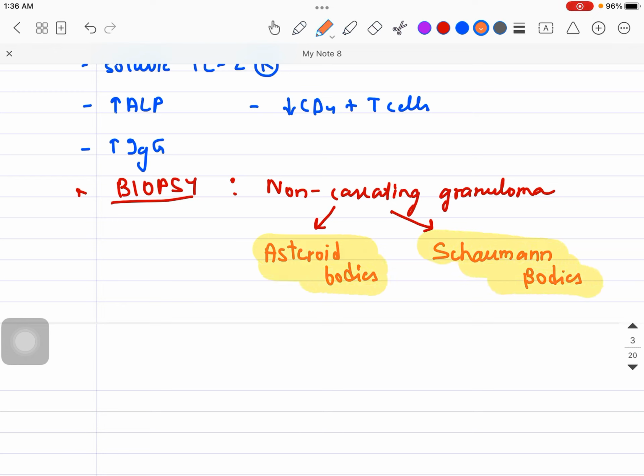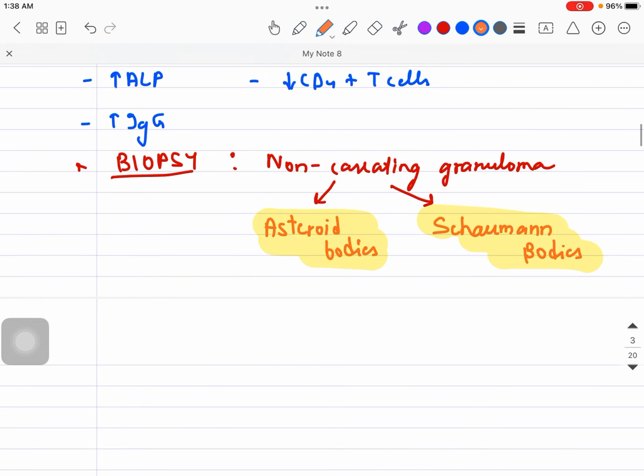Very well. You can do the bronchoscopy. Along with the bronchoscopy you can take some samples from there in the form of bronchoalveolar lavage, and that can also tell us about the CD4 CD8 ratio, right? So bronchoalveolar lavage can be done. So these are the methods we have available as far as this is concerned.